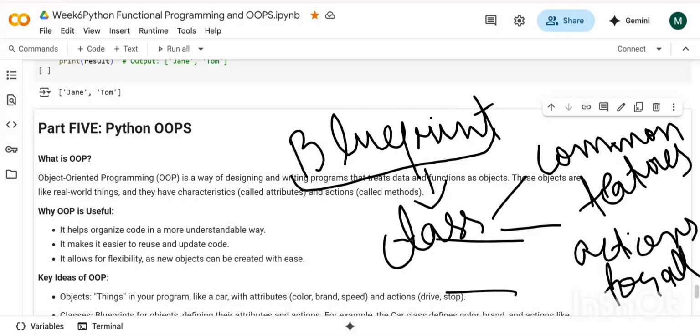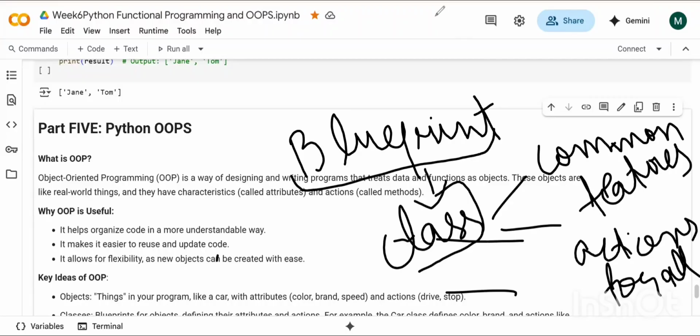Now, using this class, we can create multiple objects like different car models very easily without rewriting the same code over and over again.